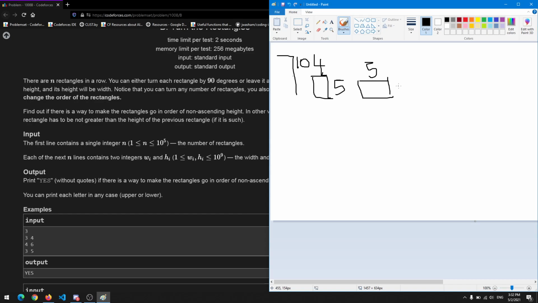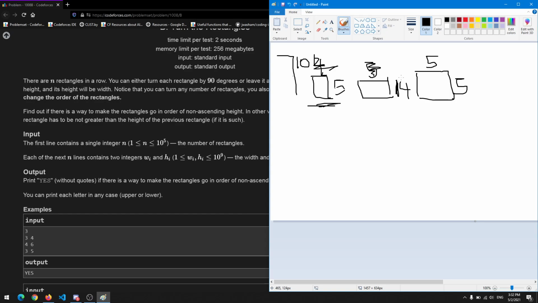We could have height as 4 and the width as 5. We can ignore the widths when we count the heights. So here the width is 4 and here the width is 5. So the height 5 and height 4 both would suffice, but 5 would be optimal in this case. Let's say the next rectangle has height 5 and width 5 too. Anyway, it doesn't matter, I'm just giving an example.